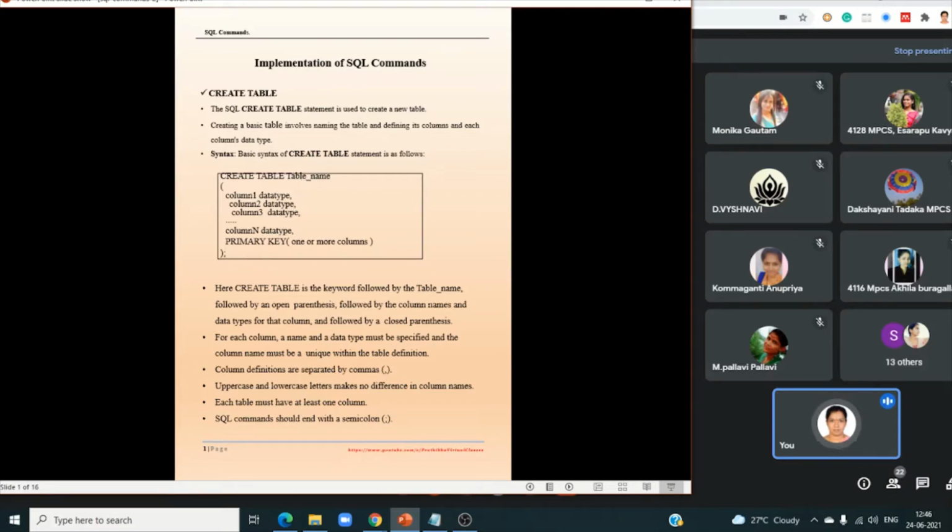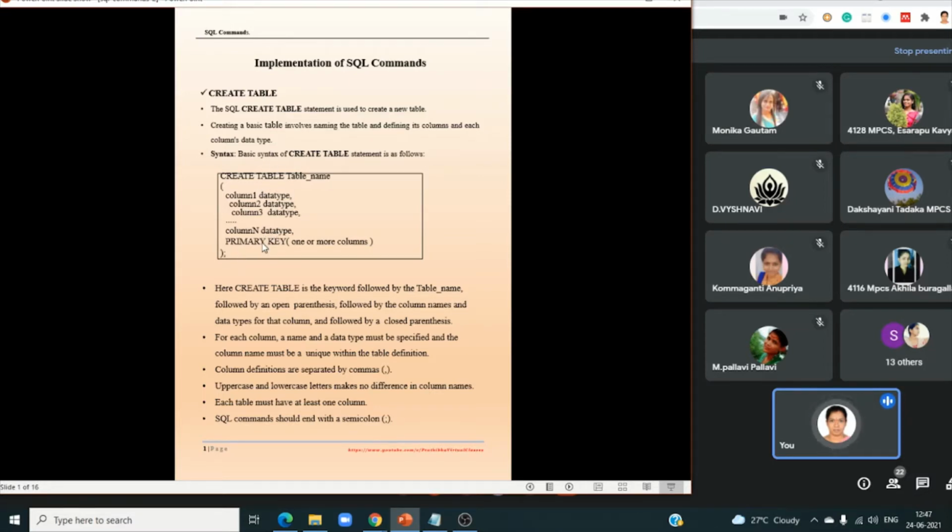In the previous C++, you had to follow the identifier rules for the variables, and those rules also apply here. Then the parenthesis starts, and columns. How many columns are you inserting into that table? Column 1 and space data type. If you want to add another column, the columns are separated with a comma. Column 2 data type, column 3 data type. These data types must be any valid SQL data type. Up to n columns you can insert.